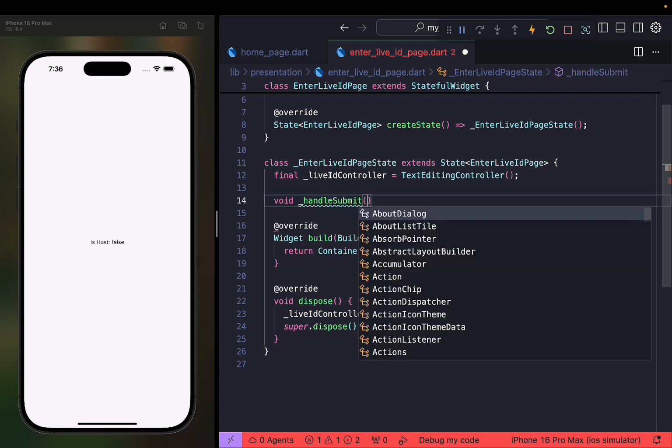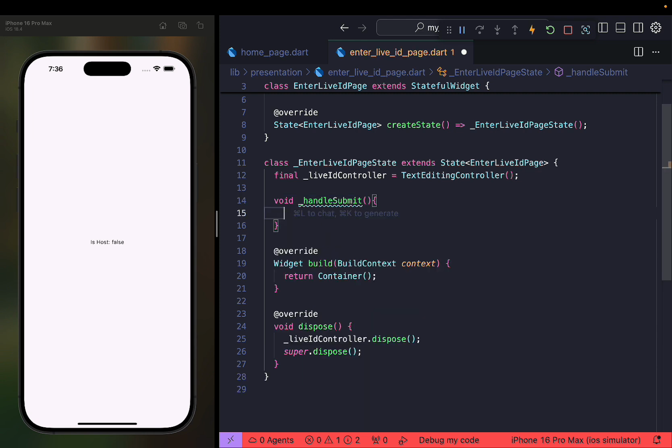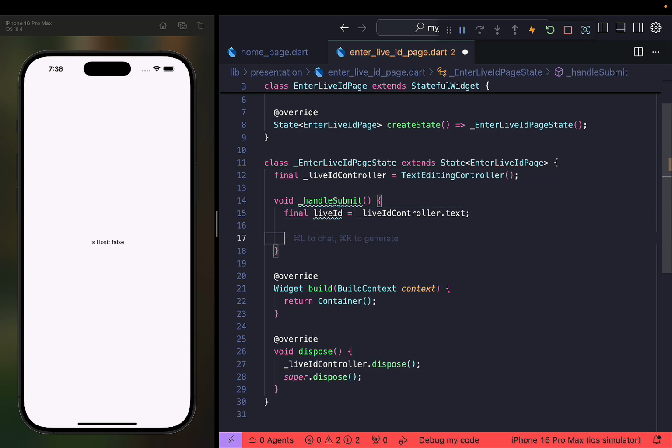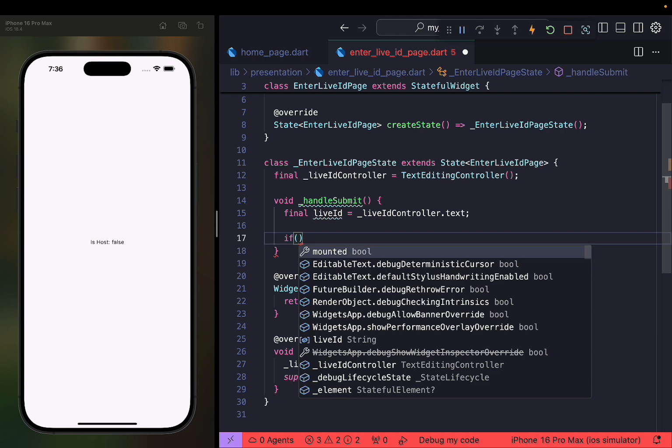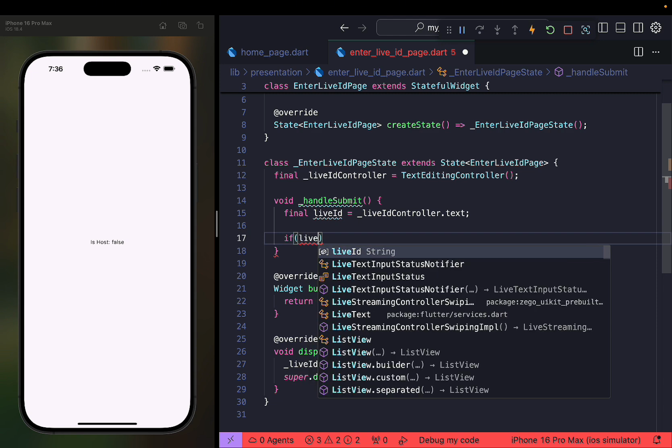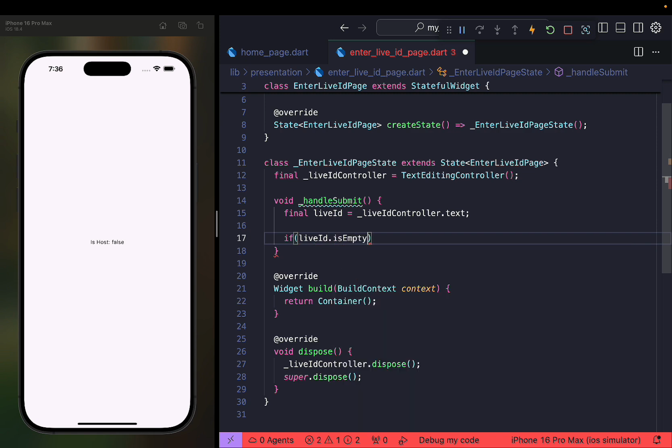Now this method is going to be responsible for when we click start or watch after they've entered a live ID. So once they've entered the ID, now we need to actually proceed to the stream itself. So first we're going to need the live ID, and we'll get that from the live ID controller.text. And we'll do some checks here. First, if the live ID is empty, we want to prompt the user and let them know that they need to enter something. So if live ID is empty,